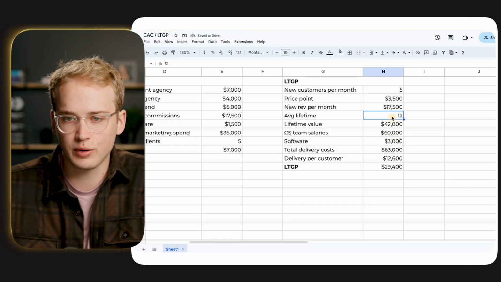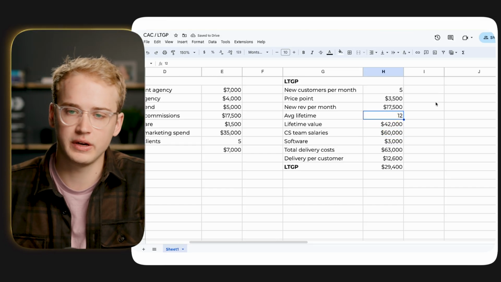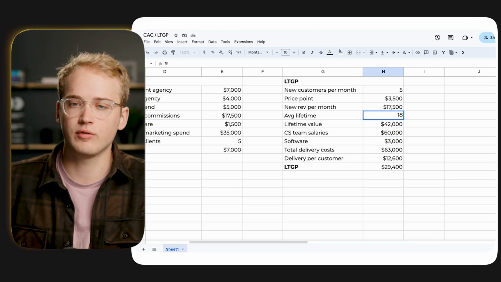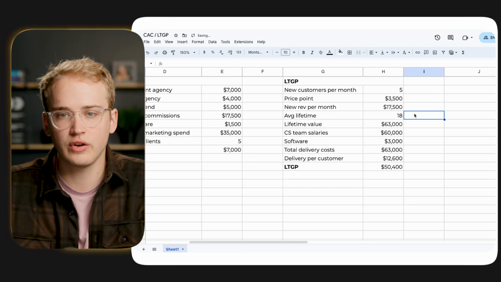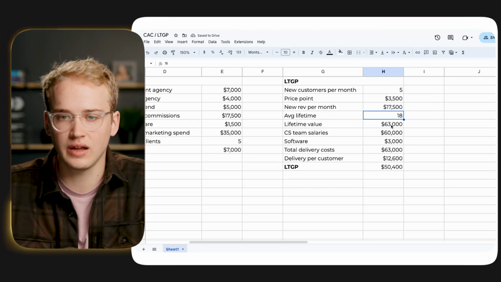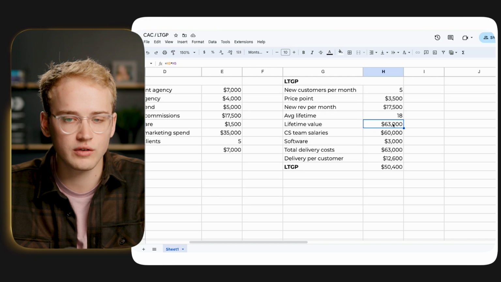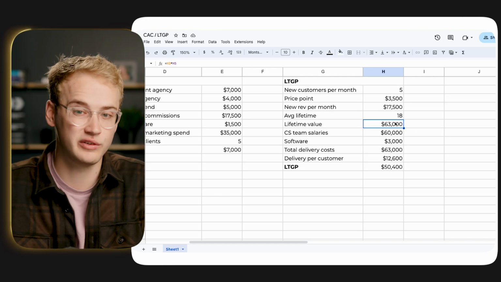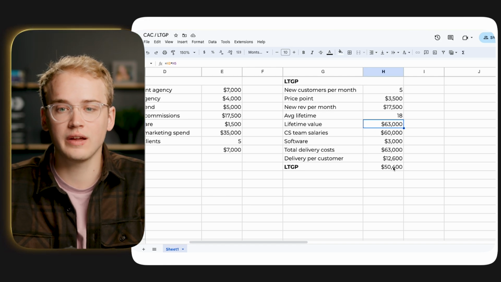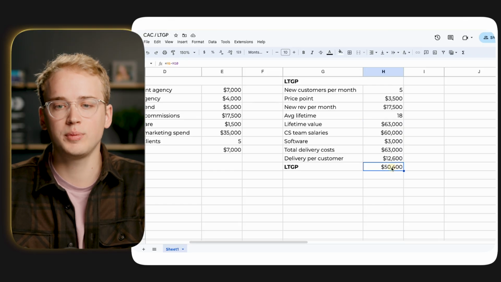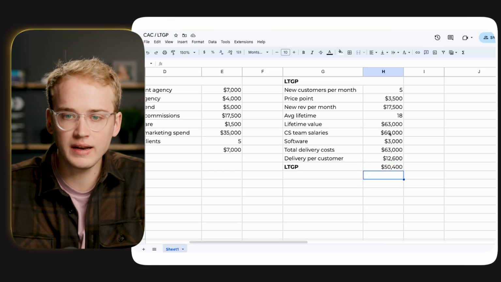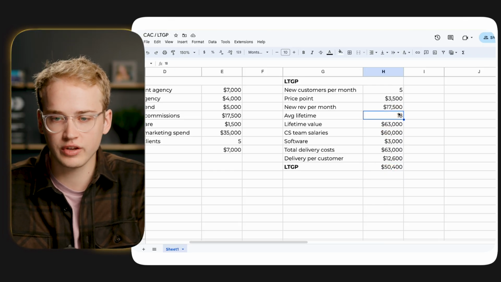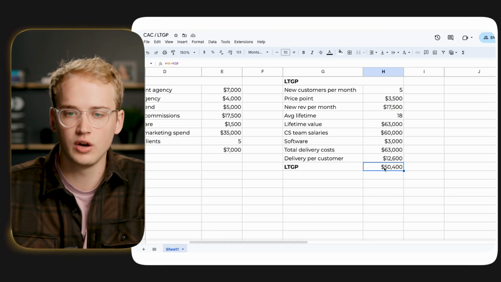And by hiring this person, they're going to be providing a better experience, and clients are going to stick around on average 6 months longer. And so now what we've done is we took our lifetime value from $42,000 to $63,000, which is awesome. We also took our lifetime gross profit up to $50,000. By spending more on that team member, customers are sticking around longer, and so they're worth more over the course